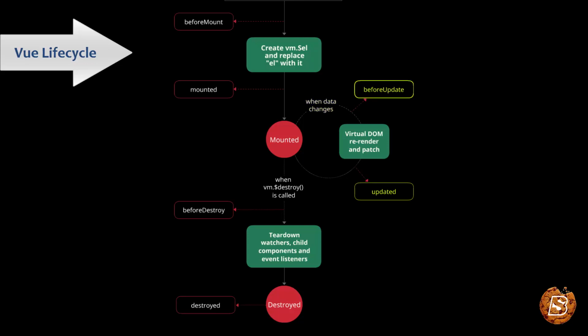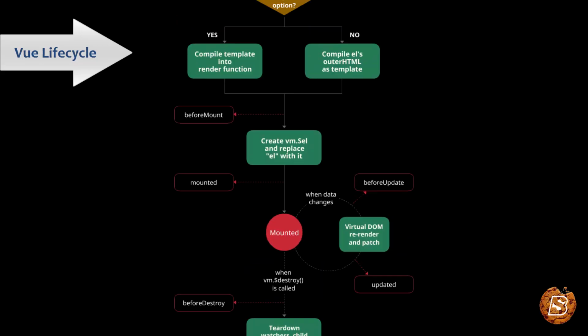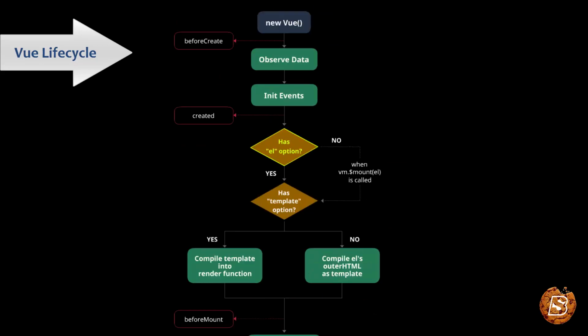can capture. And finally, when we call the destroy method, we have an event before that called beforeDestroy, and then we have watchers and component event listeners, and finally the instance is destroyed, and to capture that we have the destroyed event. Over here, if the el option is not present, in that case it keeps on checking